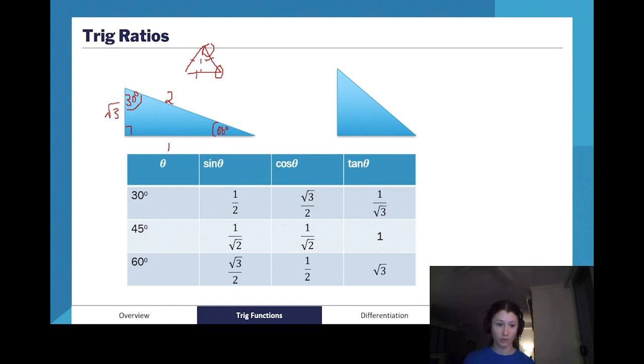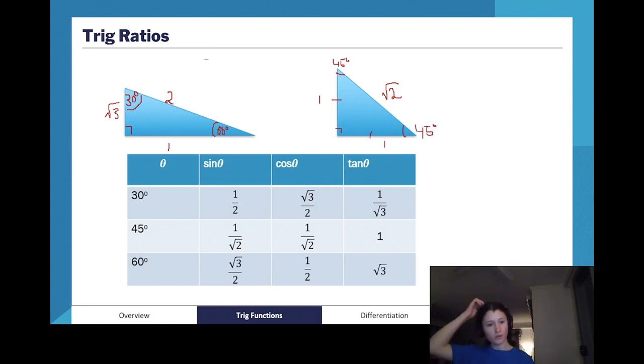Now getting on to our next triangle. This one is also a right angle triangle, and it has equal sides, both length 1 and a hypotenuse root 2. Because these sides are equal, both angles are 45 degrees. Alright, so